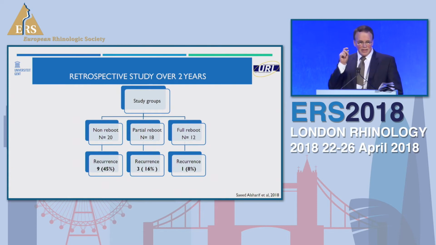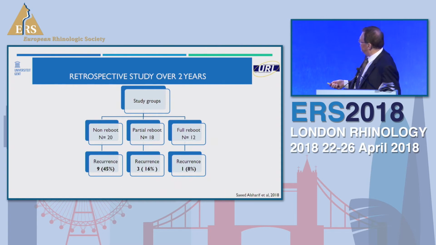And all these patients we had in that study had the same post-op treatment, which is a full-blown treatment. They get topical glucocorticosteroid drops, they get doxycycline, they get Bactroban nasal cream to stop the staphylococcus. They had an oral course of steroids if they had asthma. Everything was exactly the same. The only difference we wanted to observe is the different surgical techniques.